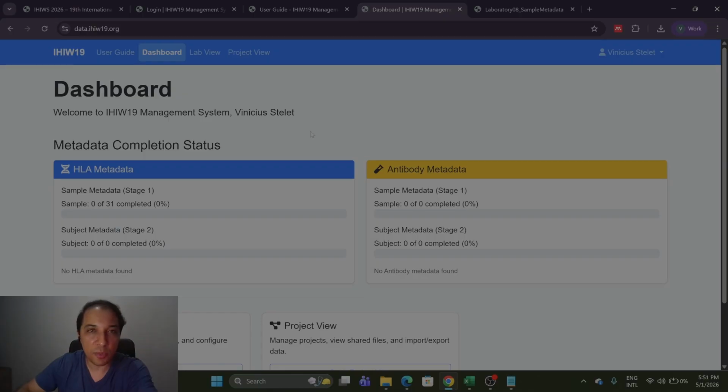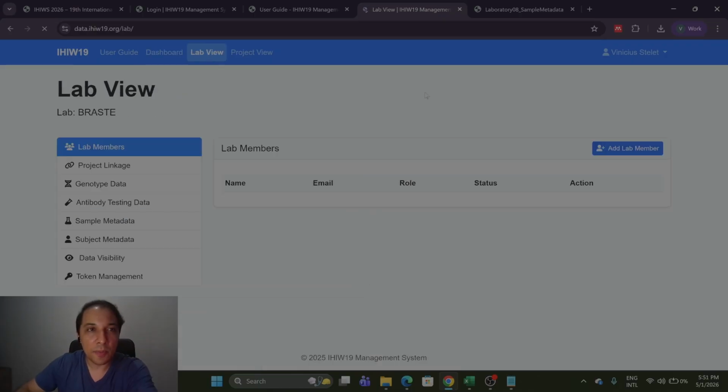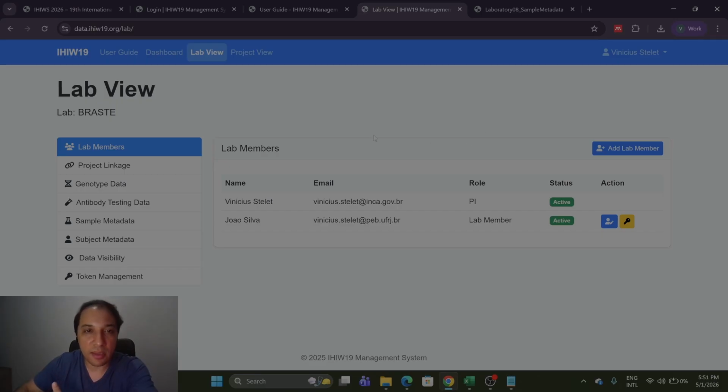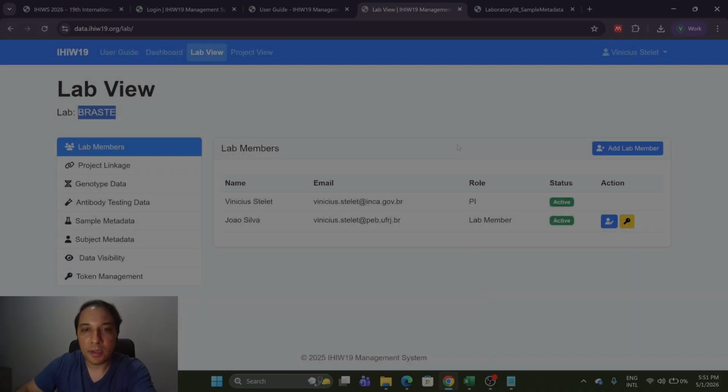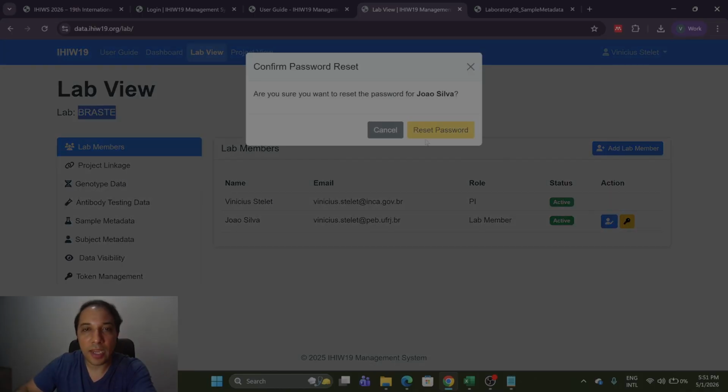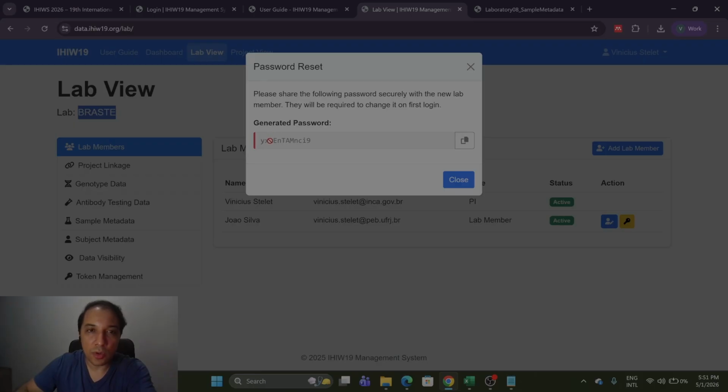You have this dashboard, and on the lab view, your PI or the person that has a login to the database can provide you an access to the same lab center because the database works creating centers, creating labs for each group. So in this case, I have created a new member for my lab, and after that, your PI will get access to a password.